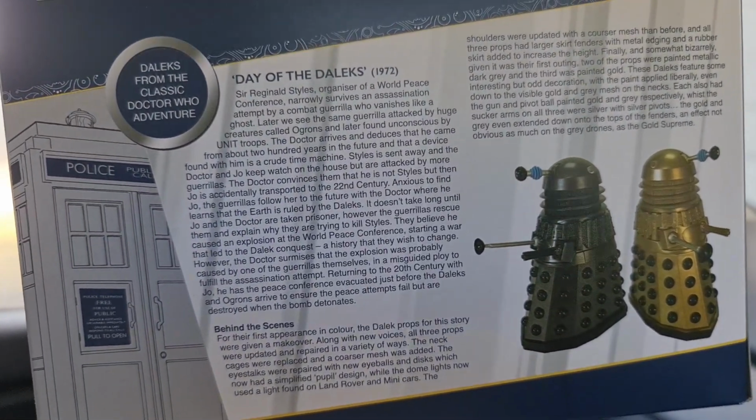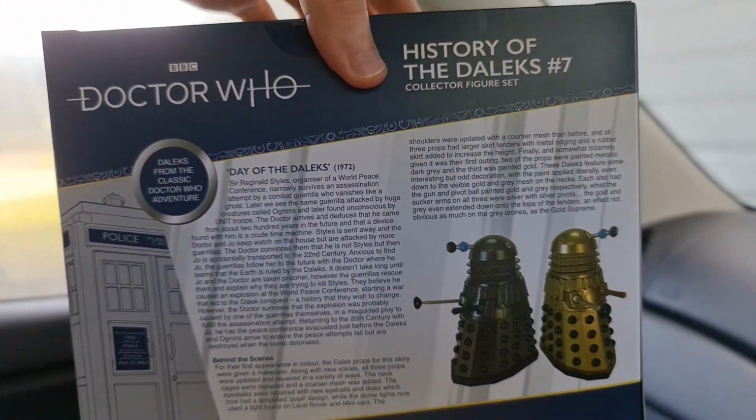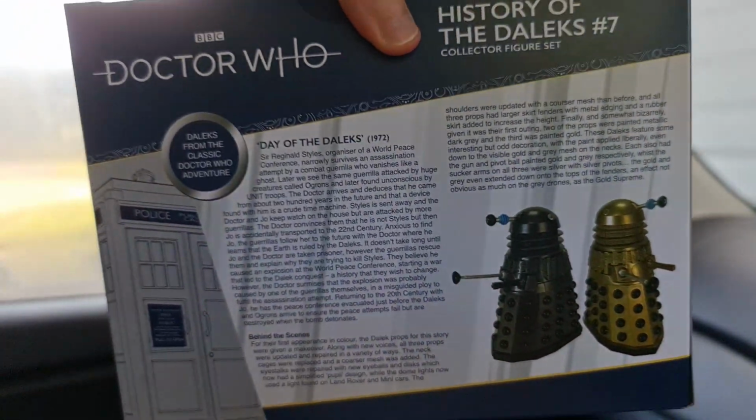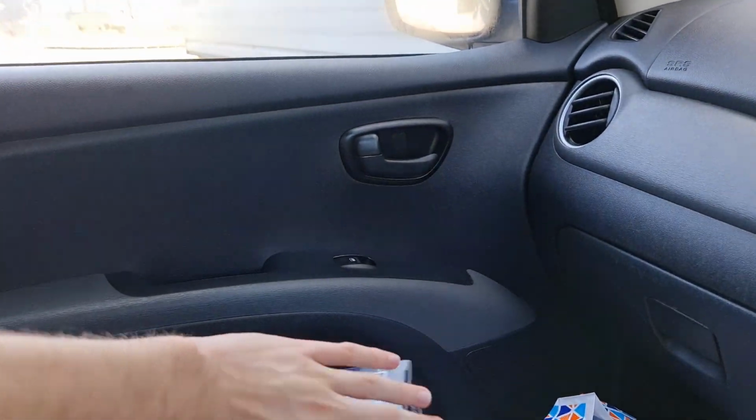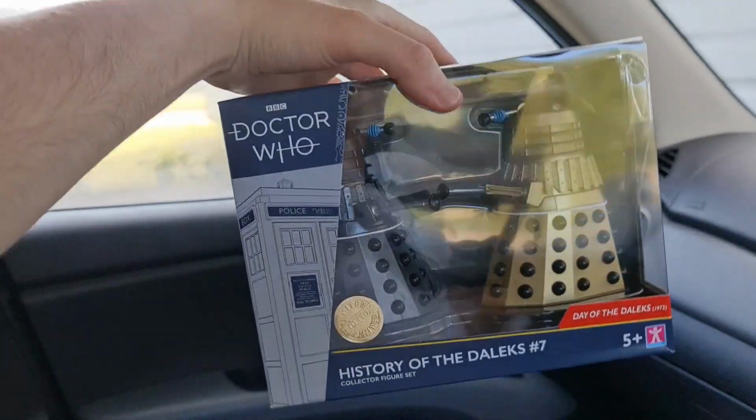You've got Day of the Daleks blurb, you can pause that and read it if you wish, and then behind the scenes stuff on the Daleks once more, which is really appreciated. You can really tell that these are aimed towards collectors. I think this might just be my